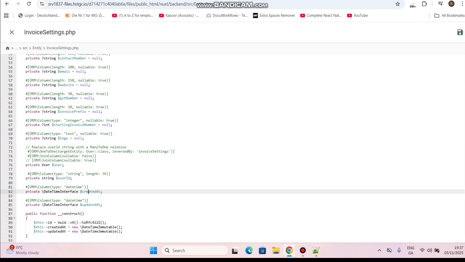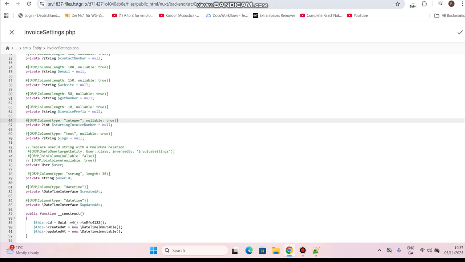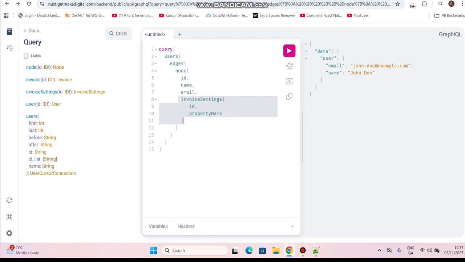So you can see that I have a user here. You can see that the user is having a one-to-one relationship. See, one-to-one is here. This comment is misleading, so I will say one-to-one. I will save this, and now if I run this,